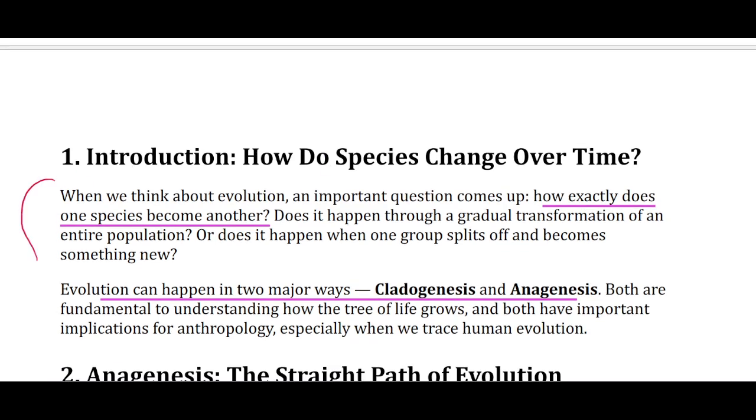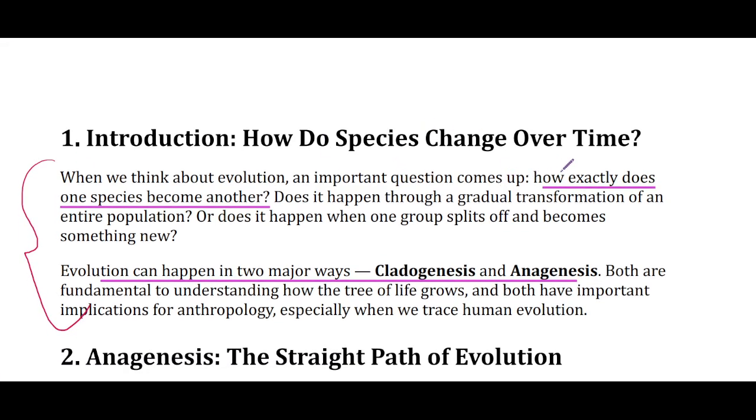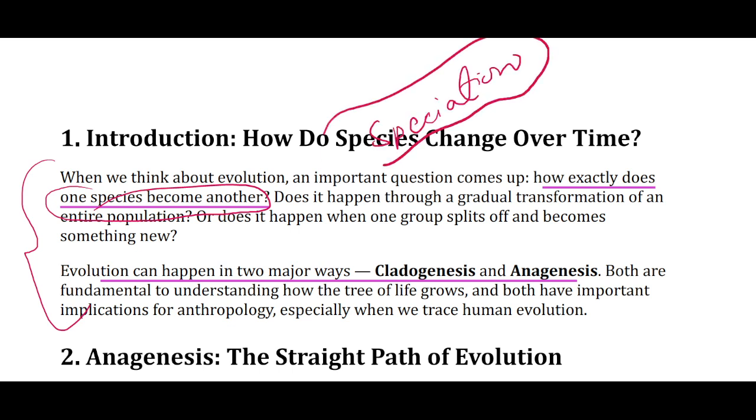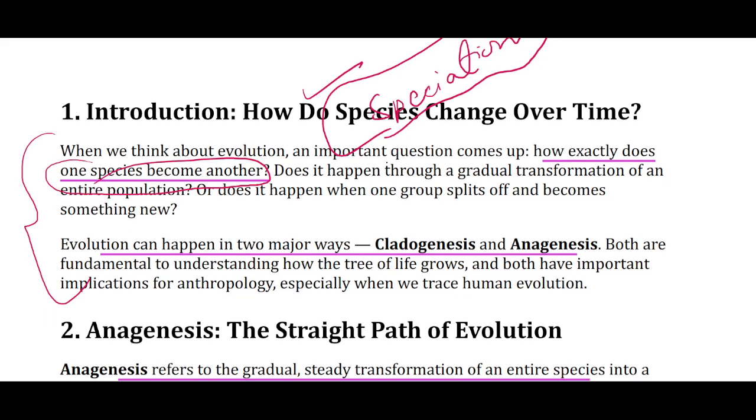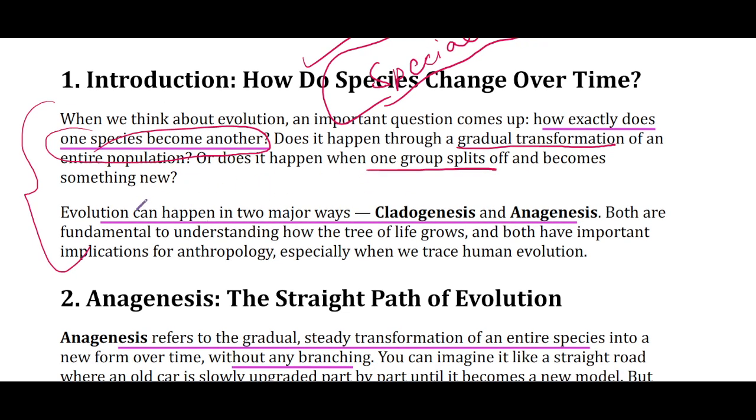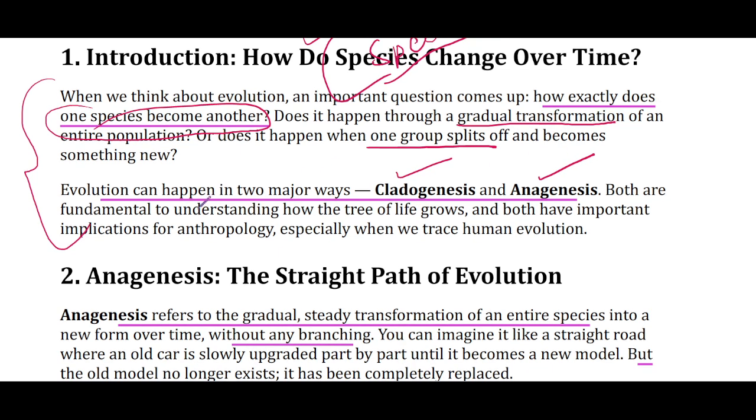So in terms of evolution, an important question comes up: how exactly does one species become another? There is a question regarding speciation, about the pace and mechanism of speciation. And the question may be, does it happen through a gradual transformation of an entire population, or does it happen when one group splits off and becomes something new? So evolution can happen in two ways: cladogenesis and anagenesis, and both are fundamental to understand how the tree of